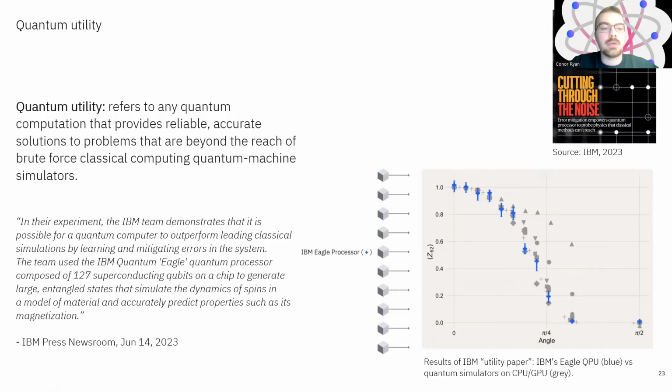So there are a couple of keywords to pick out here, such as brute force. That would be your classical computer doing it without any kind of clever tricks, methods, or approximations. So this does not mean the classical computer outright fails and the quantum computer has directly overtaken it, such as in the case of quantum advantage, but it means that the quantum computer can keep pace with a classical solution that, while difficult, might still be in reach.